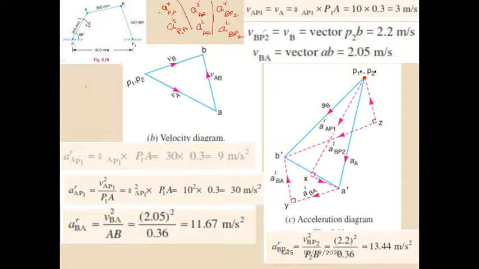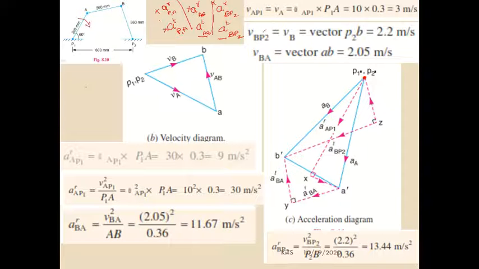What are the values I have? I have this value, this value, this value, this value. I don't have this and this value. Okay, I have to draw a total of 6 lines. Out of 6, I have the value for 4 lines. I don't have the value for 2 lines.